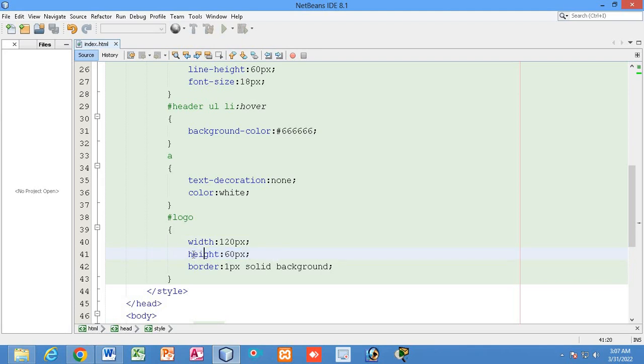In the height portion I have to remove top border and bottom border. So if I remove top border 1 px, bottom border 1 px, I have to make it 58 px. And in this case if I had to remove left border and right border, then I have to make it 118 px, right? So fine.